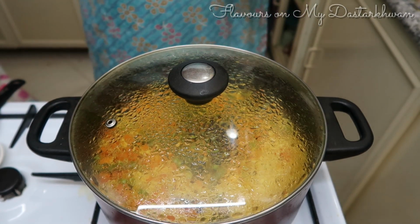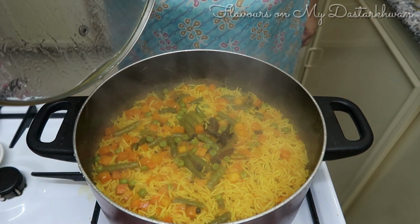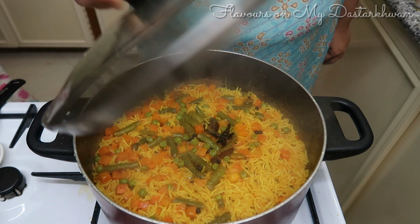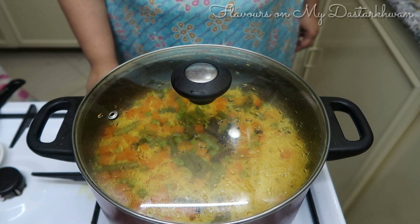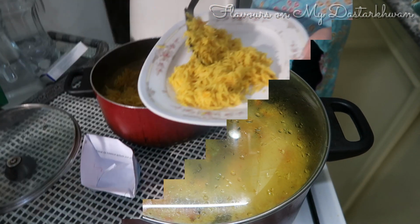It takes around 10 to 15 minutes to cook, and you will know when the water has moved away and you see tiny holes in your rice. This is my tahiri. It is ready to eat. It's absolutely delicious. Really, you cannot beat this. It tastes amazing. It can be a star dish in your parties,